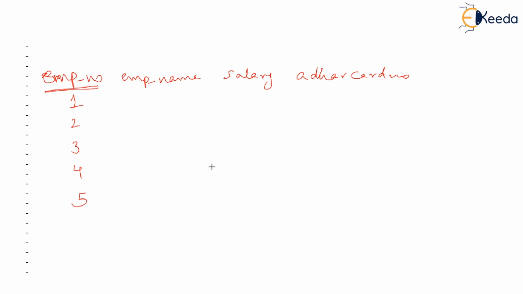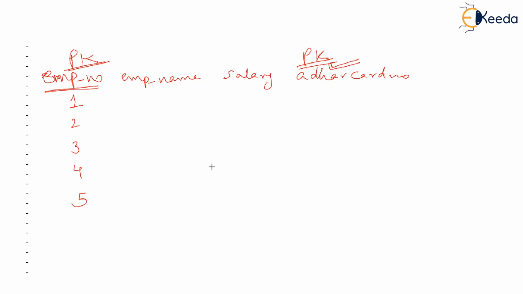But even Aadhaar cards are unique, isn't it? No two citizens will ever have the same Aadhaar card number. Then there will be a quarrel between the two people who are thinking about who should be the primary key. There can be a dispute. Somebody will say, sir, let this primary key be employee number. Somebody will say that Aadhaar card should be the primary key, because after all, you need unique values, isn't it? But there is a problem.